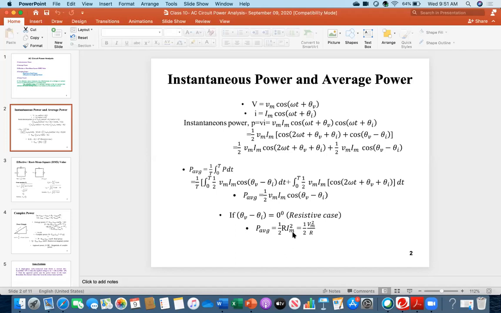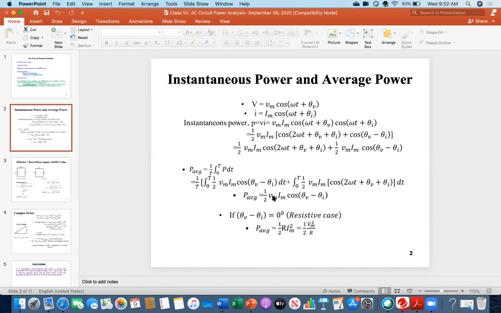The same thing here, if you put Im squared, so what is Im? Im in terms of RMS is root 2 multiplied by Irms. So therefore, the 2 cancels, you will be getting Irms squared into R. Same thing in this case, the 2 will be cancelled, Vrms squared over R. So everybody, could you follow me what I'm saying? Yes. Yeah.